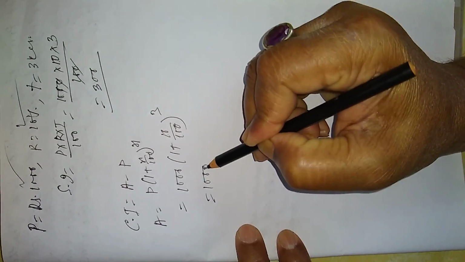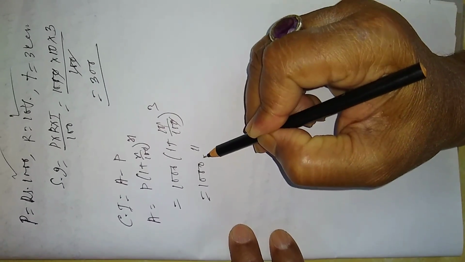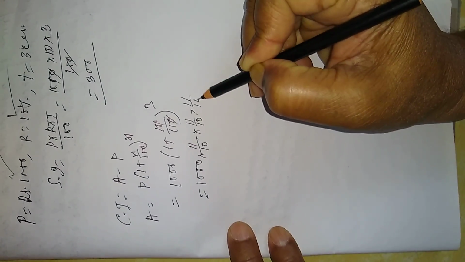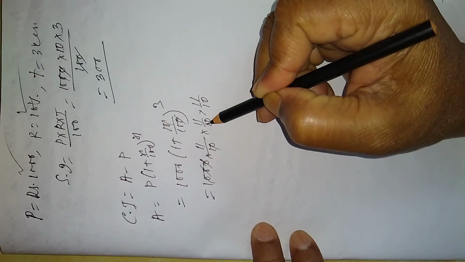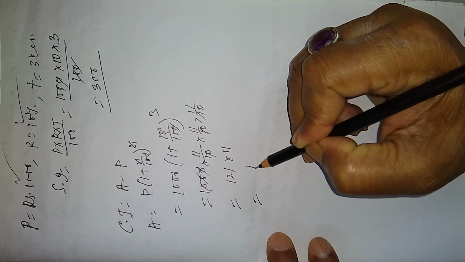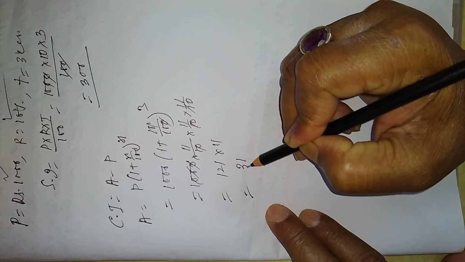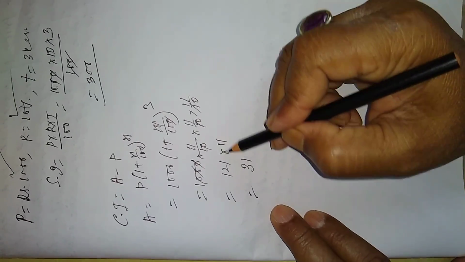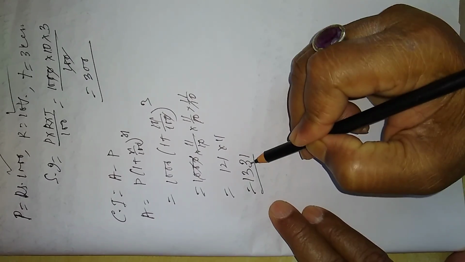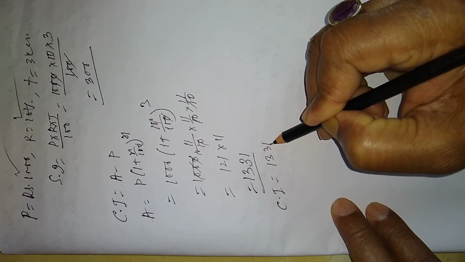That is 1000 into 11 by 10 into 11 by 10 into 11 by 10. So 11 squared is 121, into 11 is 1331, that is the amount, and CI, the compound interest, is 1331 minus 1000,